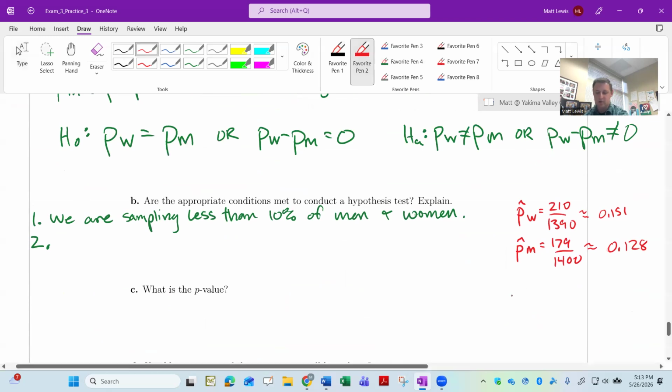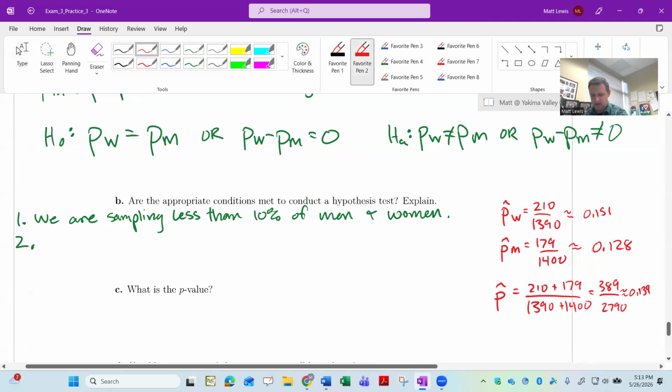So this is where we use our pooled proportion, we call it. So you just kind of pool the number of successes together and you pool the sample sizes together. And when you do that, you get a number that's between the two individual samples. Just kind of splitting the difference. So 0.139. That's what I'm going to use. This 0.139, let me write it. It's a little easier to see. That's what I'm going to use when I'm testing over here.